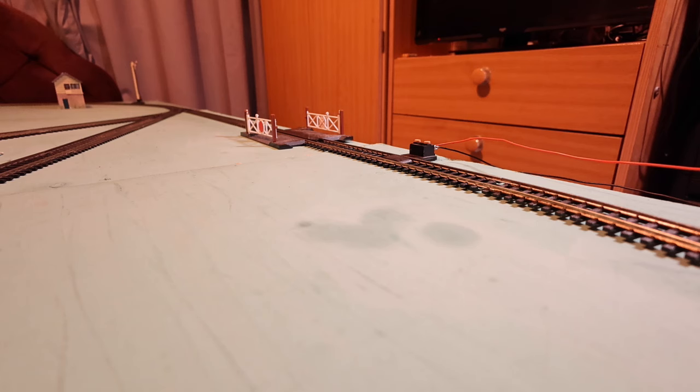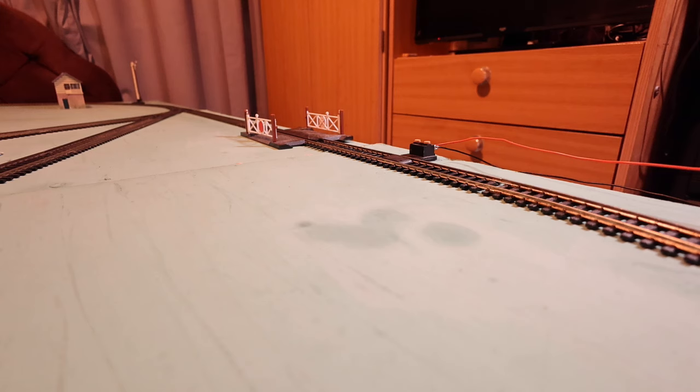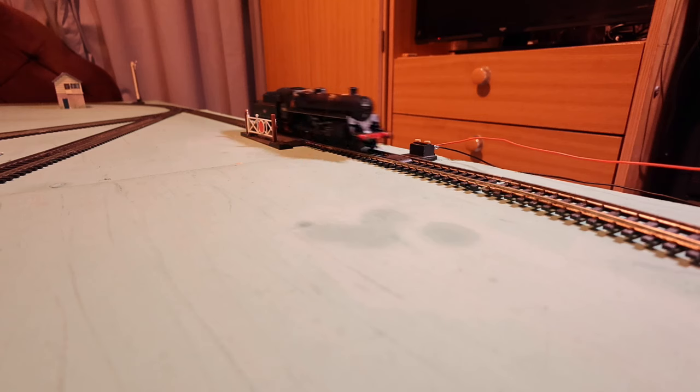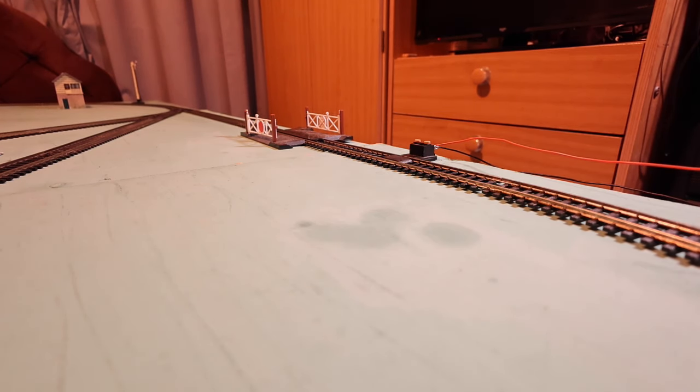I picked this up Wednesday night. I fiddled around with it for a couple of hours last night. It's now Thursday evening, the 25th of July. And as you can see, the locomotive is running lovely now. So what I'm going to do now is a separate video. Okay, I'm going to put this video out for now because it's going to show you that you can actually fix these models. If they're jerky in operation, is all it probably is, just to recap, is the